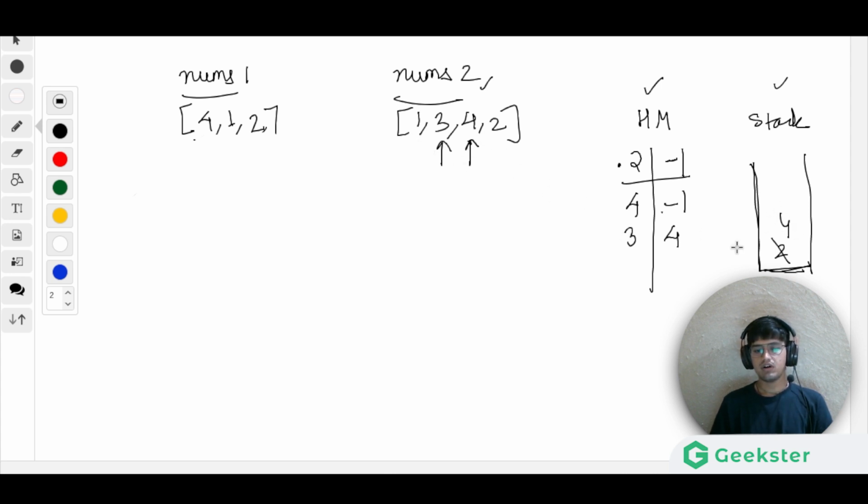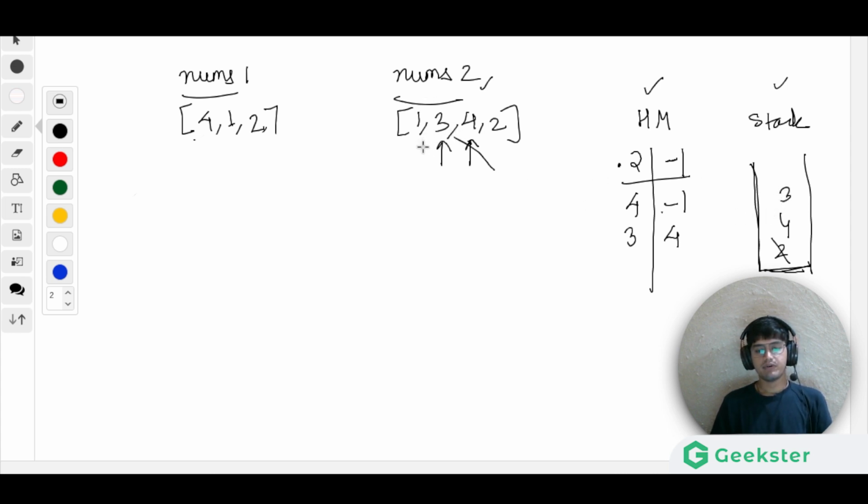For the previous one, this 3 can be the immediate next. For example, for 1, although 4 is greater than 1, we take 3 as output, because we need to find the next greater element, the immediate next. So we push 3 at the top of the stack.